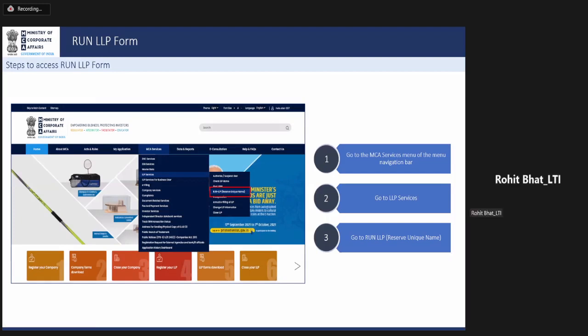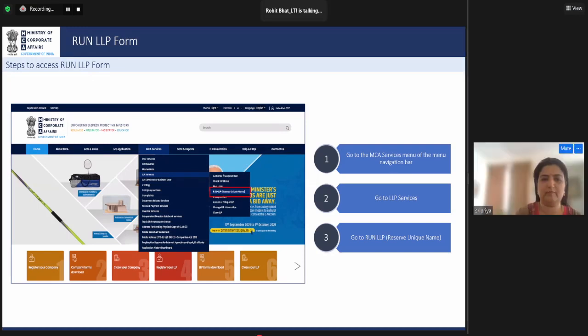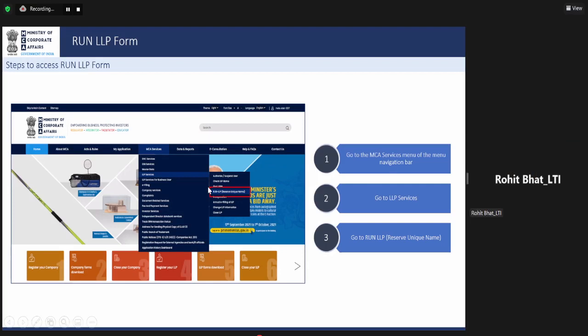Right. So when we go to mca.gov.in, there is a tab of MCA services. When we put our cursor there, we'll be able to see multiple services which are available. Under LLP services, we'll get this Reserve LLP Name. And also at present, since the changes have been done, we'll find this in e-filing services. We'll go to e-filing services, and all the forms have been categorized in that particular field itself. So Run LLP, since this is an old screenshot, at present will be there under the category of e-filing.